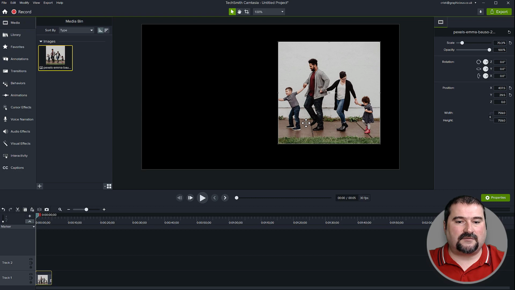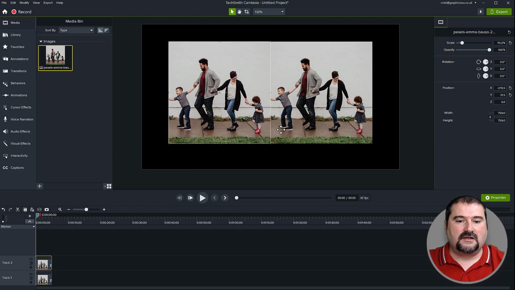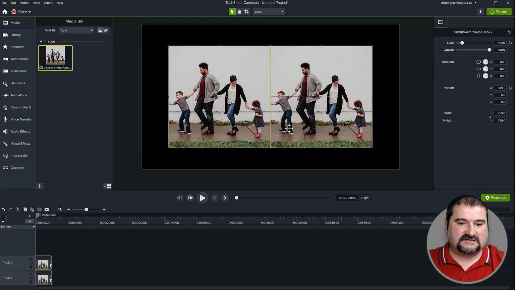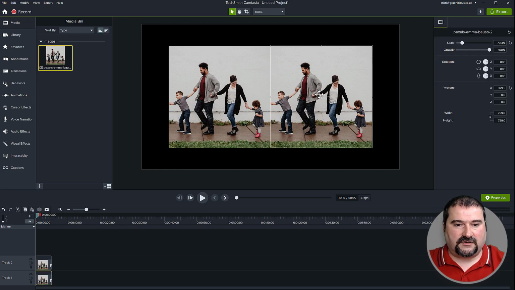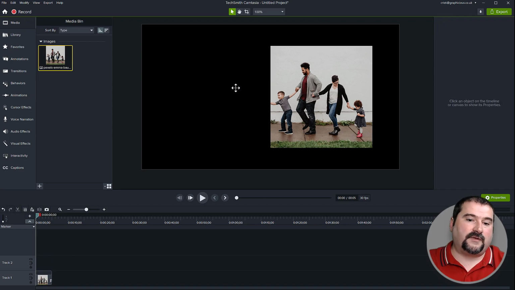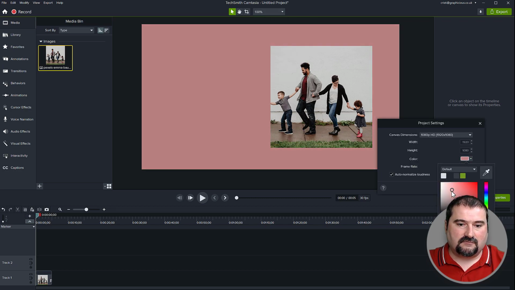because in the end I'm going to have a flipbook that is open and it has two sides. So just copy this and paste it right there, select both of them and make sure everything is right in the center of the canvas. You can move stuff later, but just to build it, to avoid any problems, we're just going to move it and put it in the center. I'm going to delete the one page on the left, and to make things a bit easier, I'm going to change my canvas to something lighter colored. Maybe this gray. Again, you can go back and change this later, no problem.